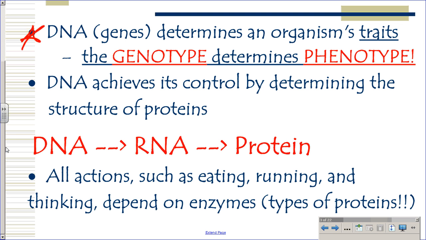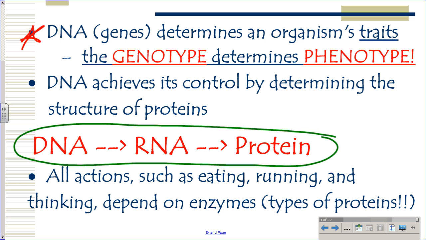Alrighty, so genotypes and phenotypes are basically determined by your DNA, and you knew that already. You knew the DNA was what your genes were made of. Second thing that's important is this little sequence, because the thing that we are talking about is DNA, our genes. The genes are going to code for something, a trait, a protein, but it doesn't go straight from here's my gene, ATCG, and I have brown hair.